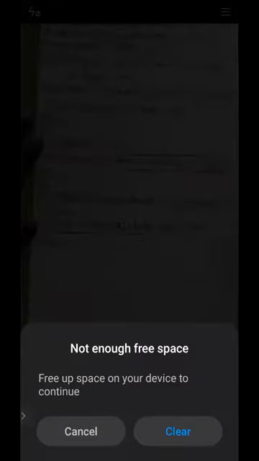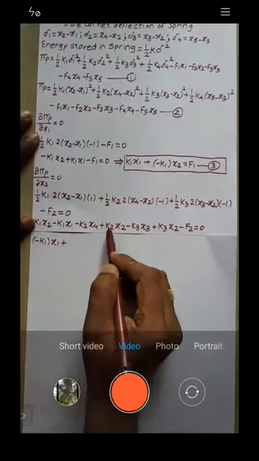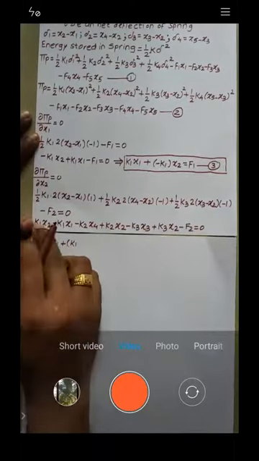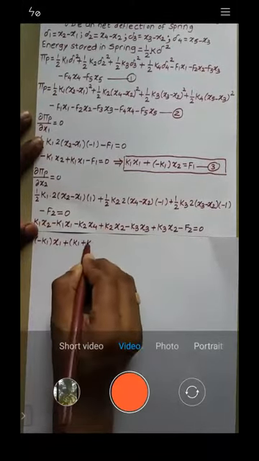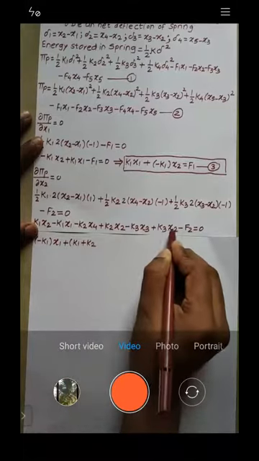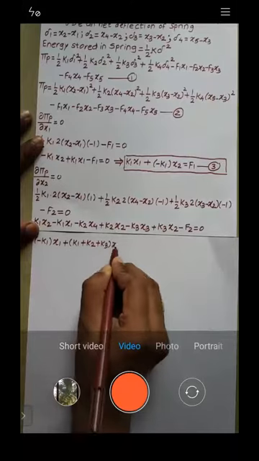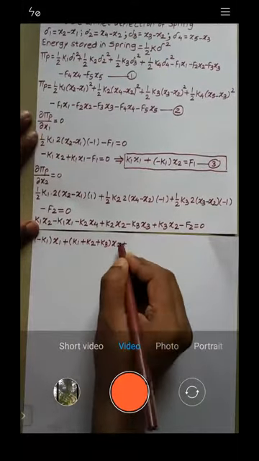Okay, so tell me how to start. What is the coefficient of x2 you get? See now, what is the coefficient of x2? Here it is k1. Okay, k1, coefficient of x2 is k1. Coefficient of x2 is k2. Right? Then coefficient of x2 is k3. Right? So k1 plus k2 plus k3 into x2. Now I will take coefficient of x3.